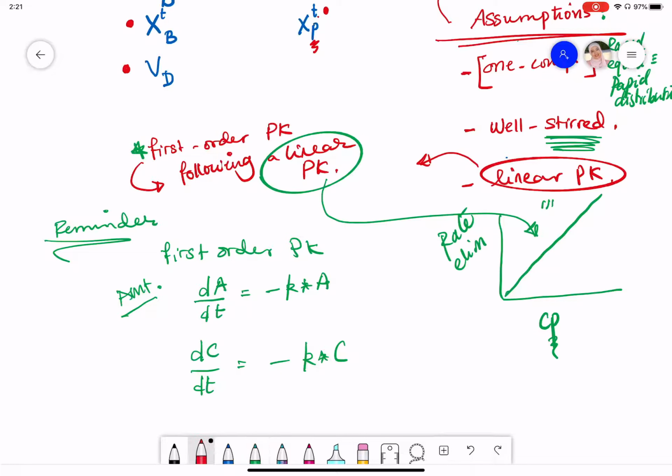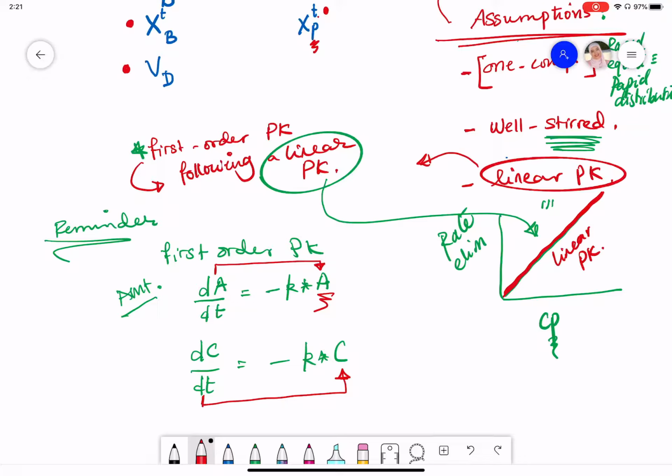So again, if we look at this, the rate is under a proportional relationship with the amount of the drug. The rate is under a proportional relationship with the concentration of the drug. That's why we have this proportional relationship, and that's why we call it linear kinetic. Okay,